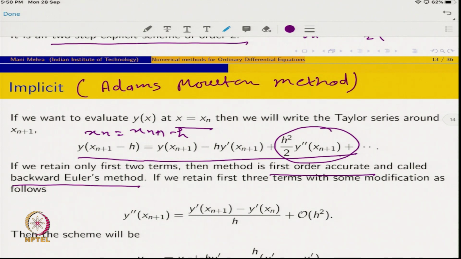because the order of the local truncation error will be 2, and with the same calculations which we were doing in the case of the trapezoidal as well as the forward Euler, the order of the global truncation error will be order of h. That is why it is called the first order accurate backward Euler method. But why this time backward? That is what I will explain.